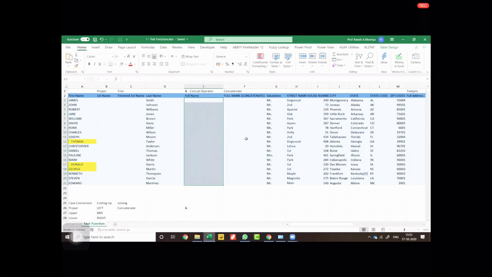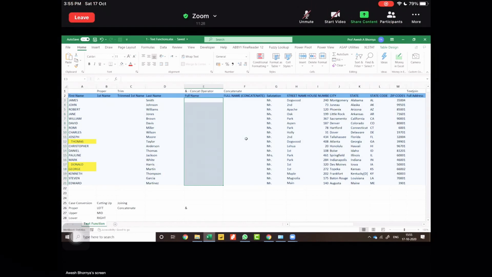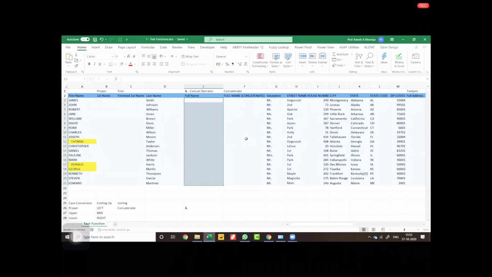But we have certain problems because in this column, we need to combine the first name and the last name. But before doing that, we need to understand that all the names are not proper and there are some problems with the name, and also we have to combine them. But we have to make sure that we do it for any set of entries that keeps coming in. So whenever there's a new entry, it should automatically pick it up.